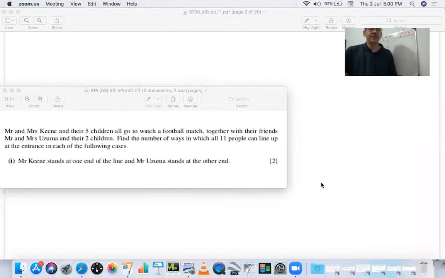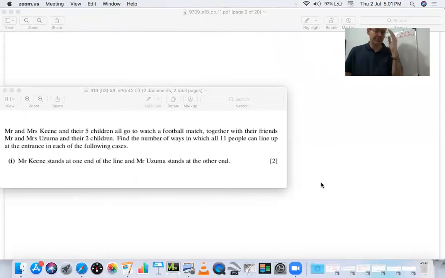Mr. and Mrs. Keen and their 5 children all go to watch a football match together with their friends, Mr. and Mrs. Uzama, and their 2 children. Find the number of ways in which all 11 people can line up at the entrance in each of the following cases. So all 11 of these people are lining up in a line somewhere, maybe waiting to enter